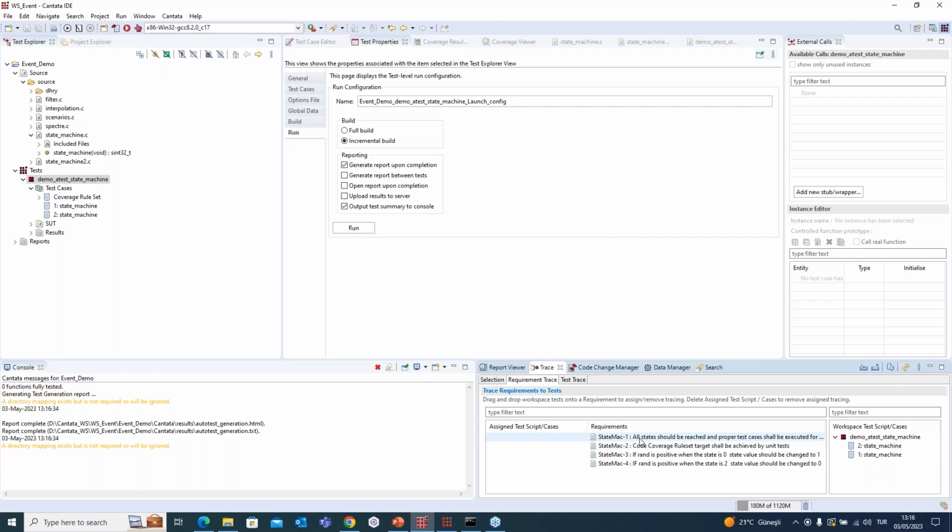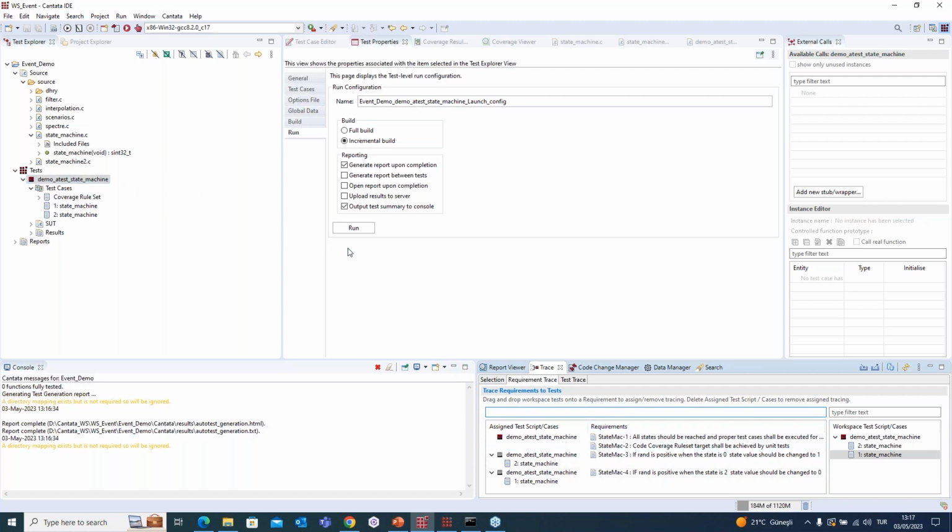As I know, in requirement one, all states should be reached and proper test cases shall be executed for each function. That means my test script's success is related to these requirements. Therefore, I am just pointing, dragging and dropping, and assigning this here easily. For the other requirements, I am assigning test cases themselves because these are specific requirements for specific test cases.